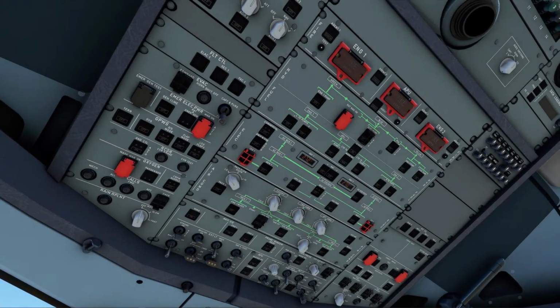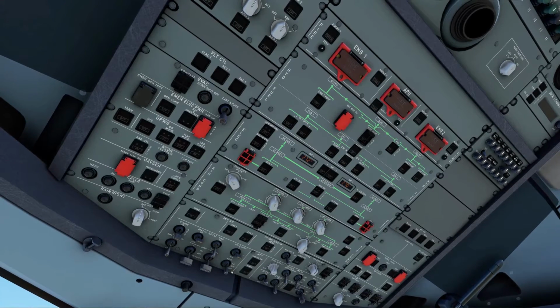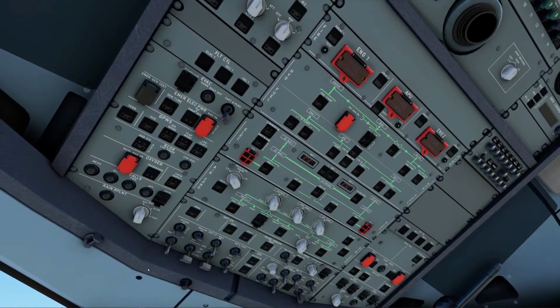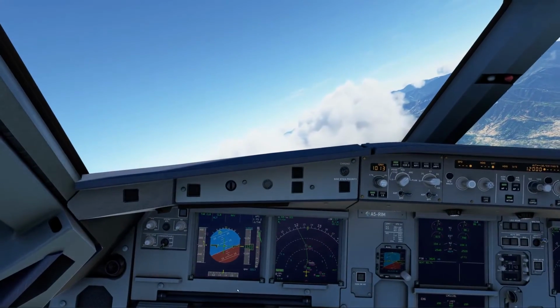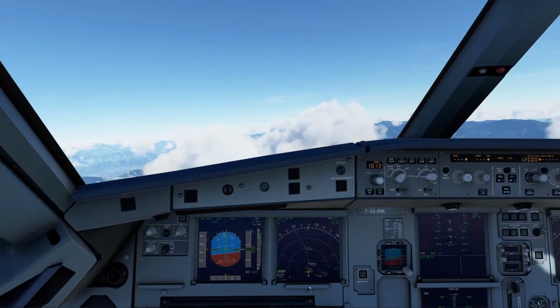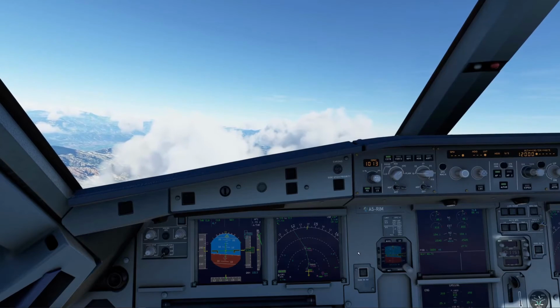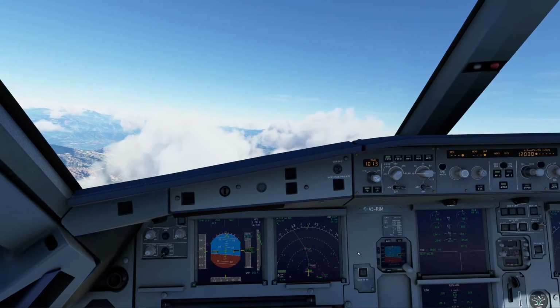Right, so above 10,000 feet, let's turn off the lights. And off we go to Paro. It's quite a nice flight over there actually, short, just about 44 minutes in the air, so we'll be there very soon.